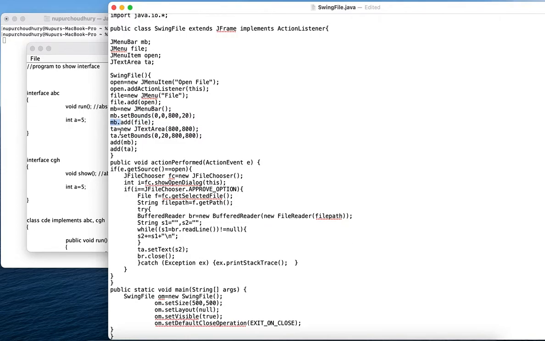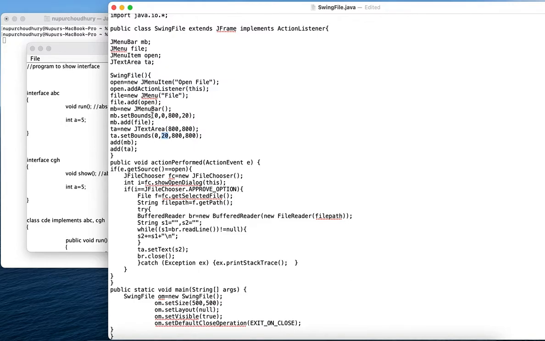Now we will have a text area, which is the area where the file content would be printed. So this particular area is basically the text area. We will be setting the bounds for the text area as 0, 20, 800, 800. 0 is for the x-axis, it started from here, and 20 is for the y-axis because the first 20 is already taken by the menu bar.